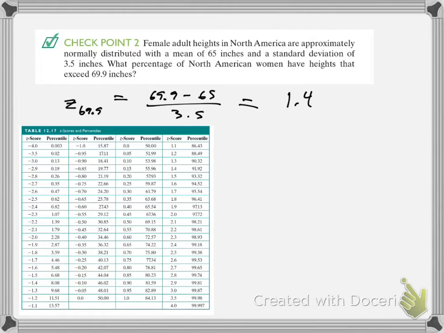So what's the percentile? 1.4 is right there, so the percentile is 91.92%. Asking the question again: what percentage of North American women have heights that exceed this? Well, what this percentile means is that 91.92